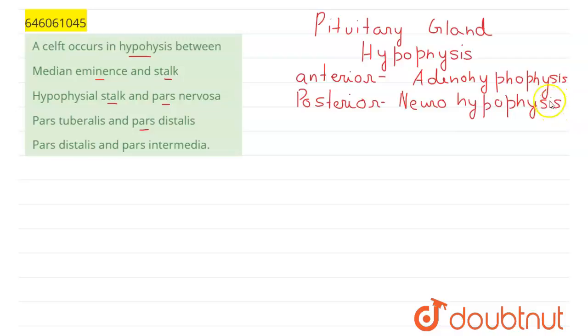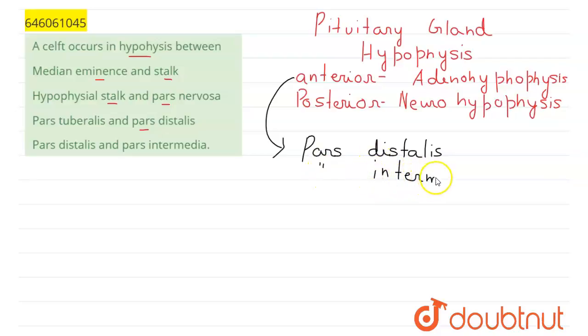Now here the anterior lobe, or the adenohypophysis, consists of two parts. These are the pars distalis, which is also known as the anterior lobe, and then the pars intermedia. These are the anterior and the intermediate lobe, but in humans the pars intermedia is almost merged with the pars distalis, and they together give the appearance of the anterior